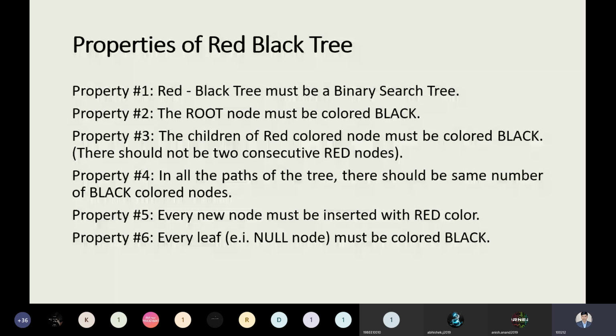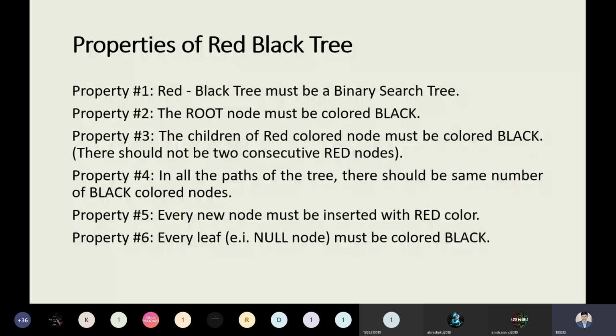And there should not be two consecutive red nodes. So please keep in mind these important terms. Now property number 4: in all the paths of the tree, there should be the same number of black colored nodes. All the properties are necessary to understand the red black tree design or creation. So property number 4 is saying that in all the paths of the tree there must be the same number